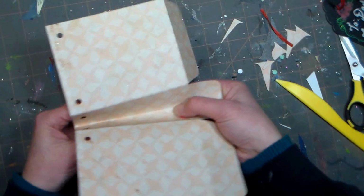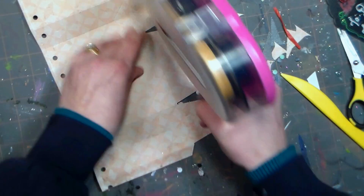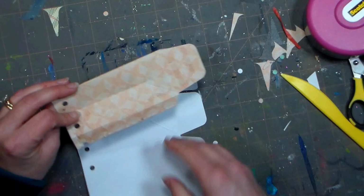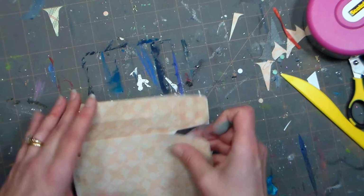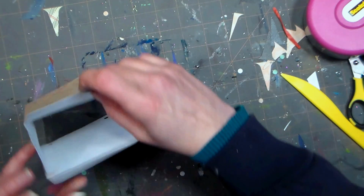Next, I simply creased all of these score marks that I had made. The gussets go inward and all of the other scores go outward, and I'm adding adhesive on 3 of the flaps, leaving one of the long flaps unadhered. Now I find it's a little bit easier to do the side flap first, so you're kind of connecting the bag on the side seam, and then I fold in the 2 little tabs that have adhesive on it,